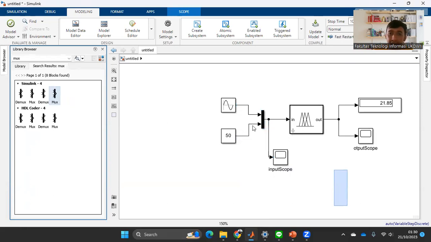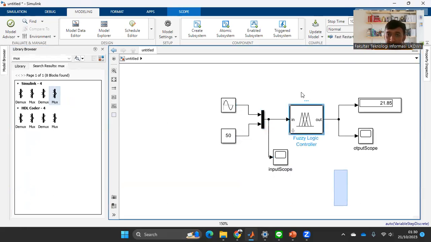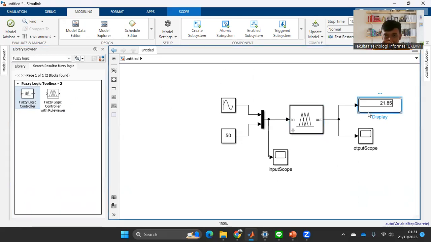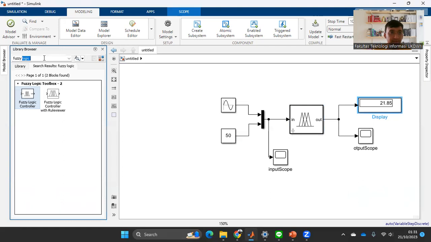Okay, and after that, for the fuzzy logic controller, we can search fuzzy logic. There are 2 fuzzy logic blocks here, but I use the fuzzy logic controller. Drag and drop again, and for this one is a display. You can search display.